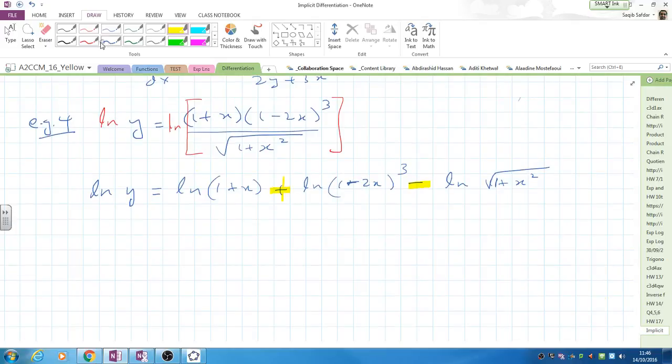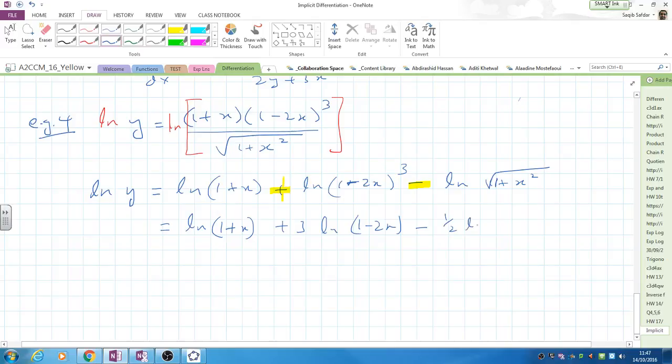And then using the power law, we can just tidy up the powers. So you've got ln(1 plus x). Don't forget the bracket, otherwise it can be misleading. Plus 3 ln(1 minus 2x) minus a half ln(1 plus x squared). Now we can differentiate implicitly. If we differentiate both sides with respect to x,